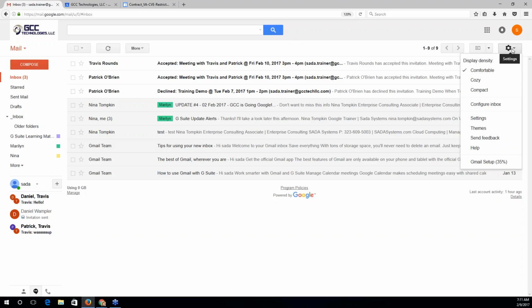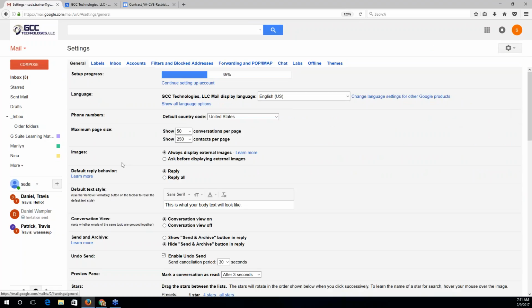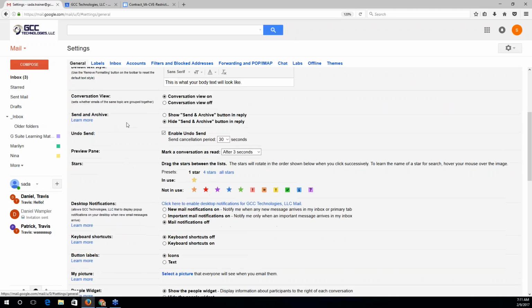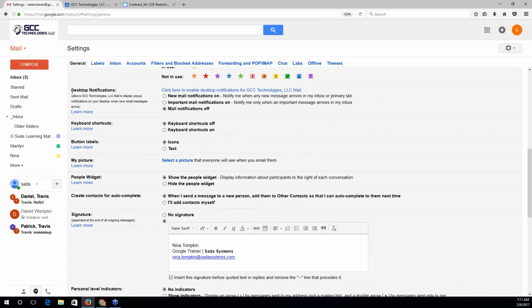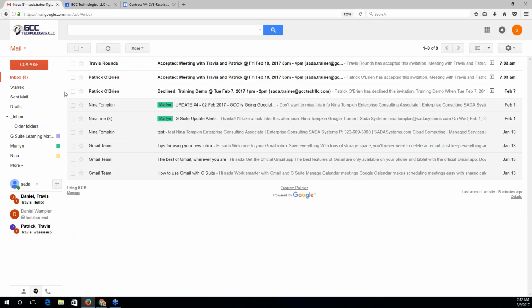You'll click on the settings gear, go down into settings, and then in the general settings tab, you're going to see this desktop notifications option. So feel free to turn that on. And then once you save, the next time a new message lands in your inbox, you're going to get a little fade in, fade out reminder or notification that you have some new mail. So that's in any browser.